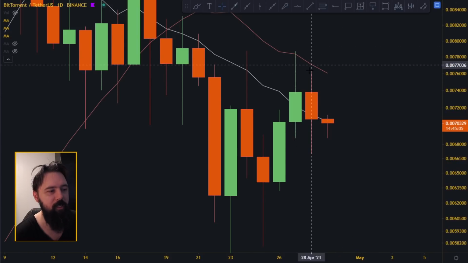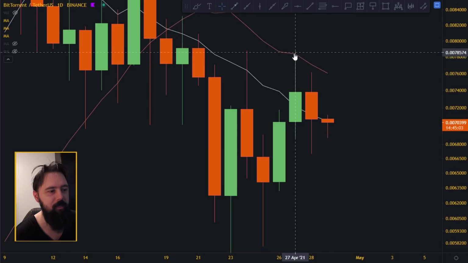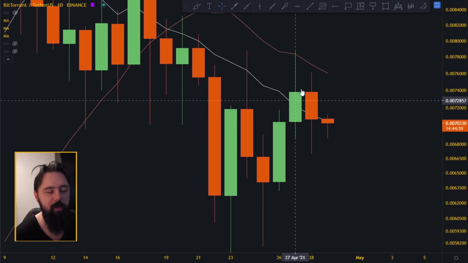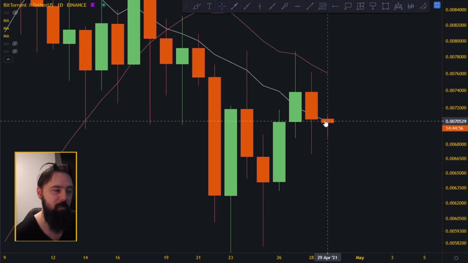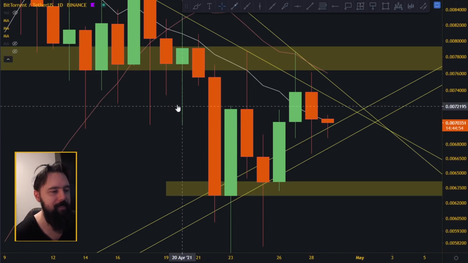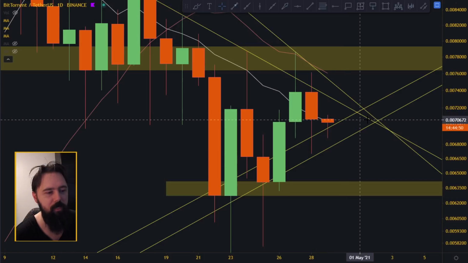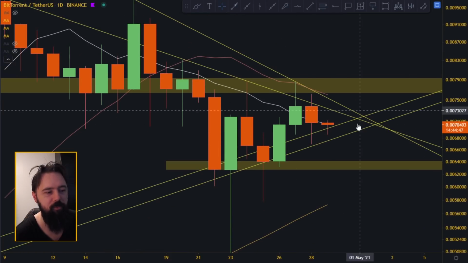Also, the wick over here hitting this 20 moving average confirms that 20 is the resistance to break. So as soon as we break the resistance, the 20 moving average, we're probably gonna be out in the clear. That said, by the looks of it, this can only take like 2-3 days at most. But by the look of these